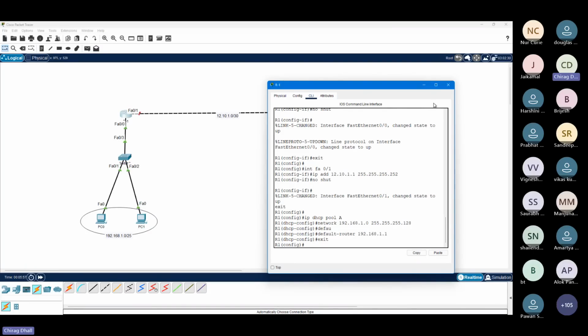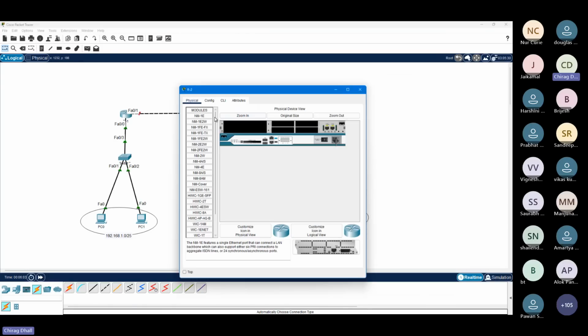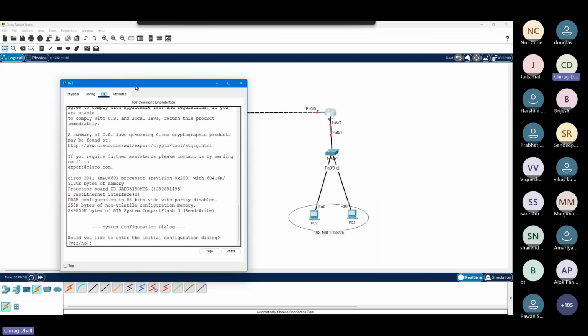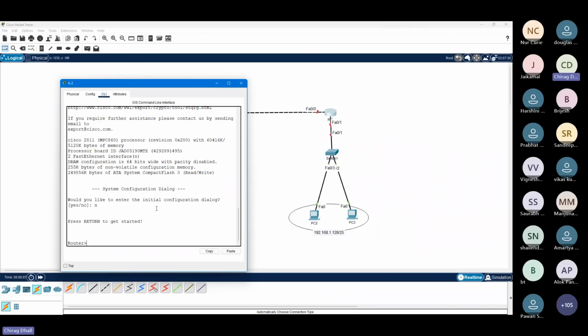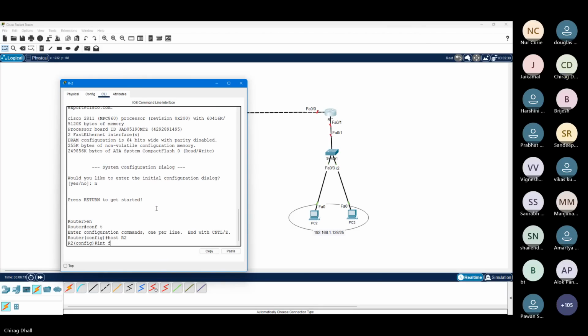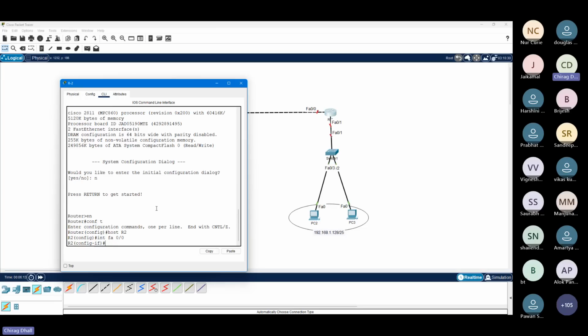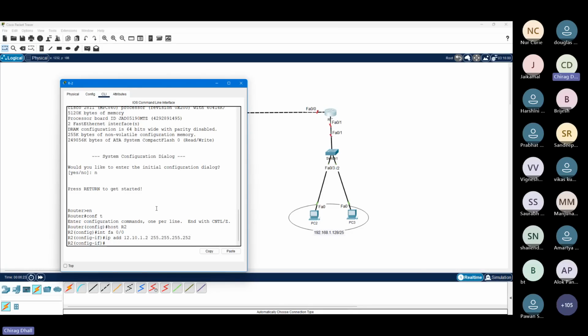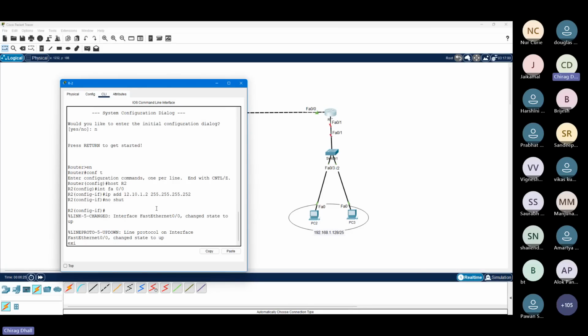Then let's jump on to router number 2 and configure IP and DHCP configs. This is my router 2. I'll go to the CLI, say no to the question, enable, config t, hostname R2, FA0/0 IP address 12.10.1.1, sorry, 12.10.1.2, 255.255.255.252, no shut, exit,